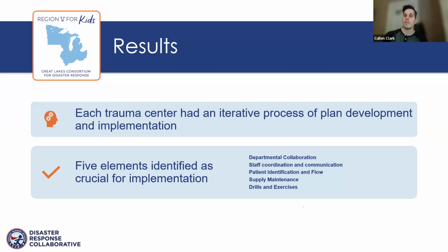Patient identification and flow. Patients in need of OR resources needed to be quickly recognized, and a bare minimum set of data needed to be obtained for registration and tracking. There also needed to be an established minimum amount of information for the OR to start the patient's case, so things like vital signs, labs, any imaging that might affect how the surgeons proceed with the operation. Determining those basic data points is really crucial for flow into the OR,